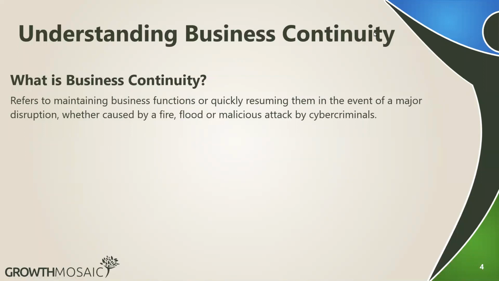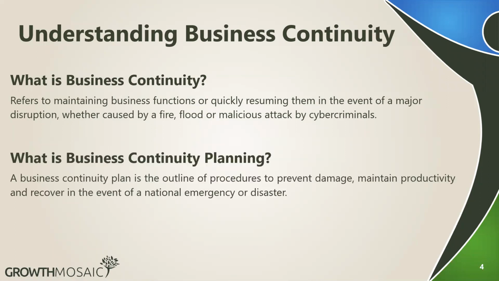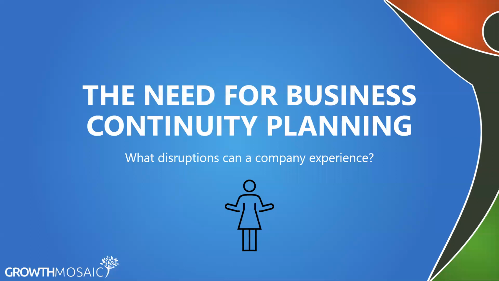All right, so like I was saying, business continuity basically refers to maintaining the functions of the business. So how do we keep operating at normal levels or at normal capability in the event of any unexpected or unforeseen circumstances? Building on that, we have business continuity planning, which is basically developing a plan for, in the case of the occurrence of some sort of disruption, common or uncommon, what do we do about it? So that's what leads us to the need for business continuity planning.